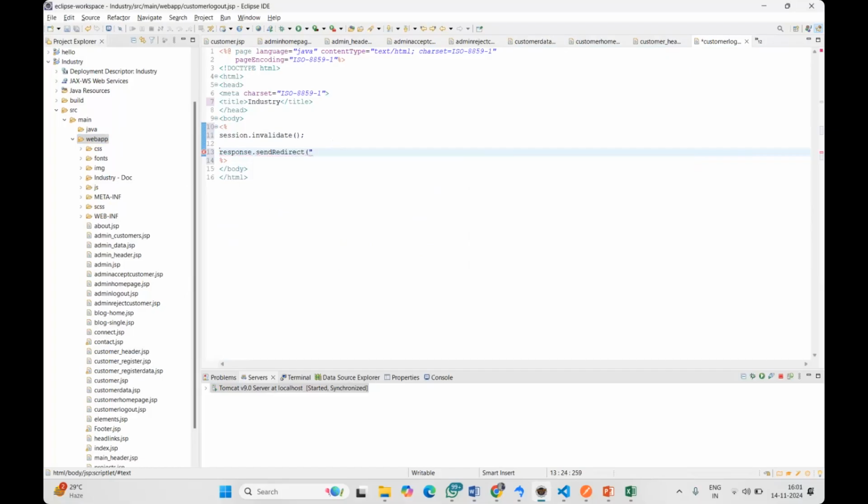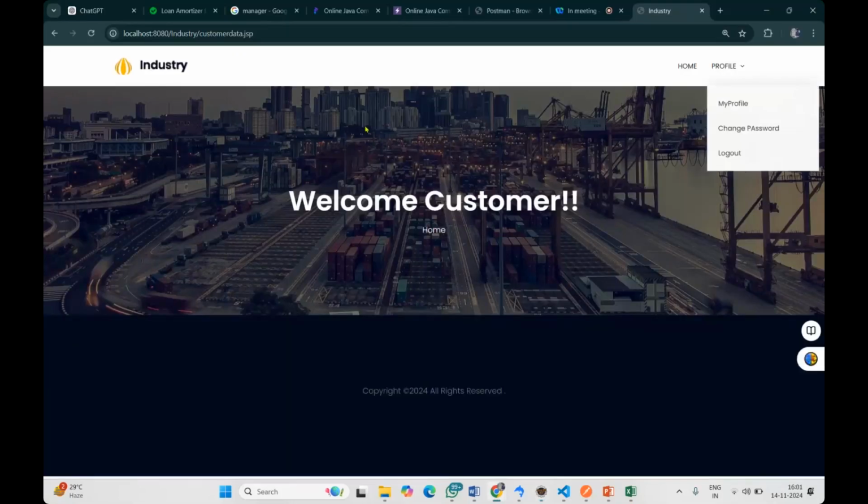We need to give the login page address, like customer.jsp page. This is nothing but the logout page where we invalidate the session and we will send him to the customer login page. Okay, I am saving it, and when I go to our application, see,